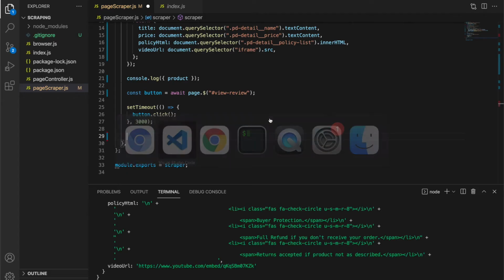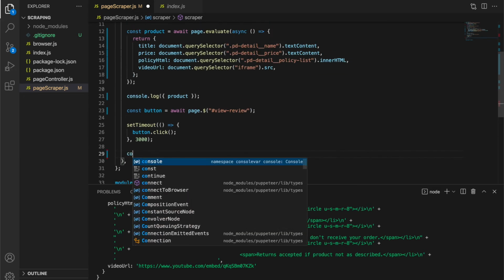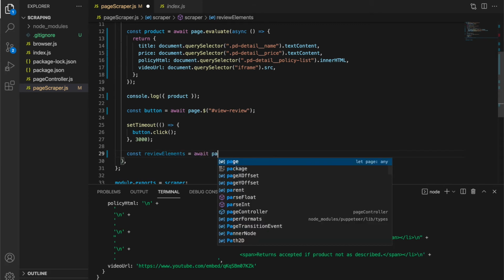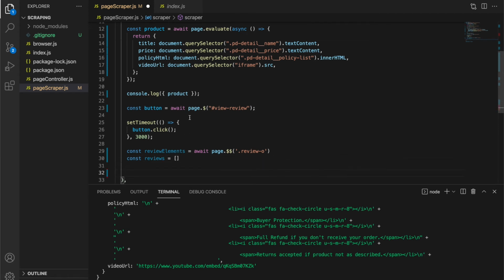So let's head down to the code and let's say review elements equals await page $$ and say review O. Now let's also create an empty array of reviews where we'll store them.